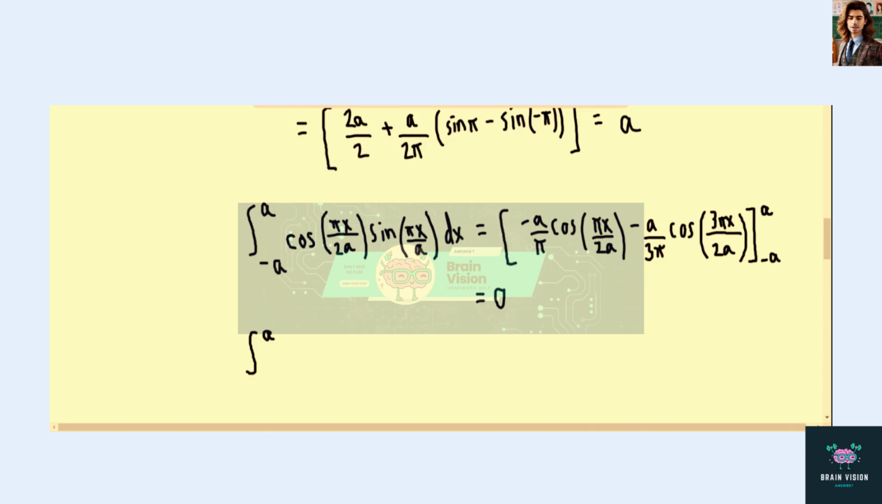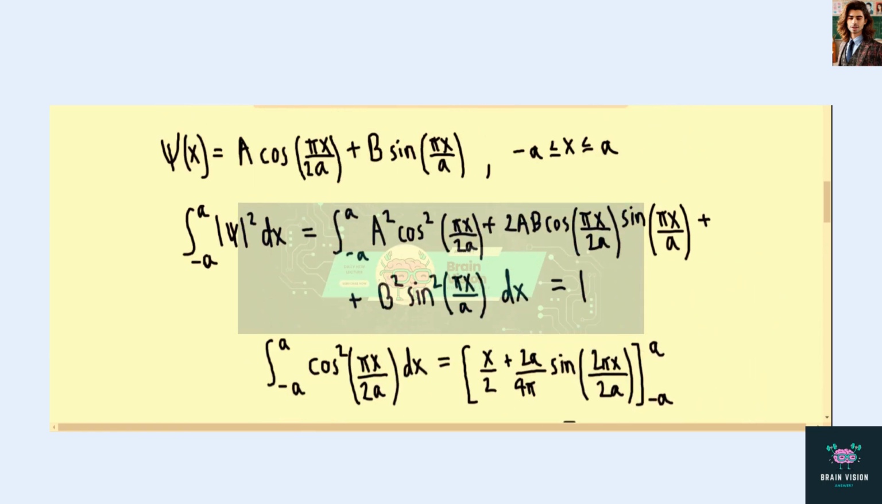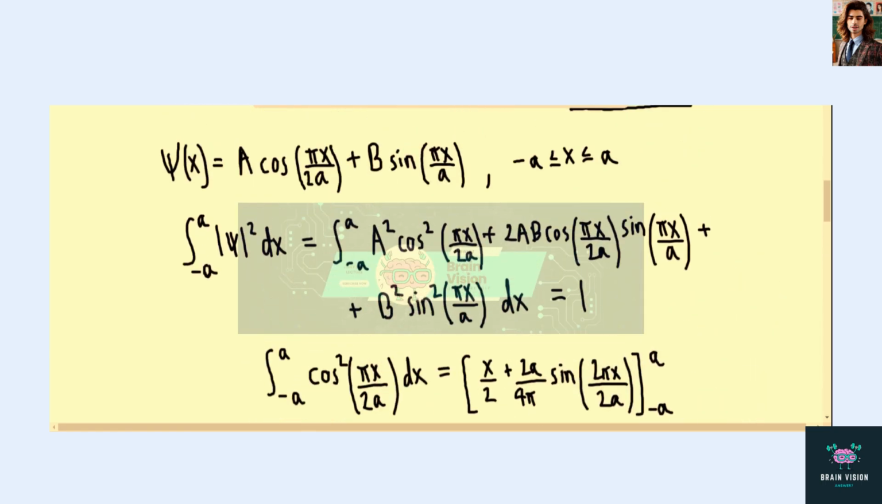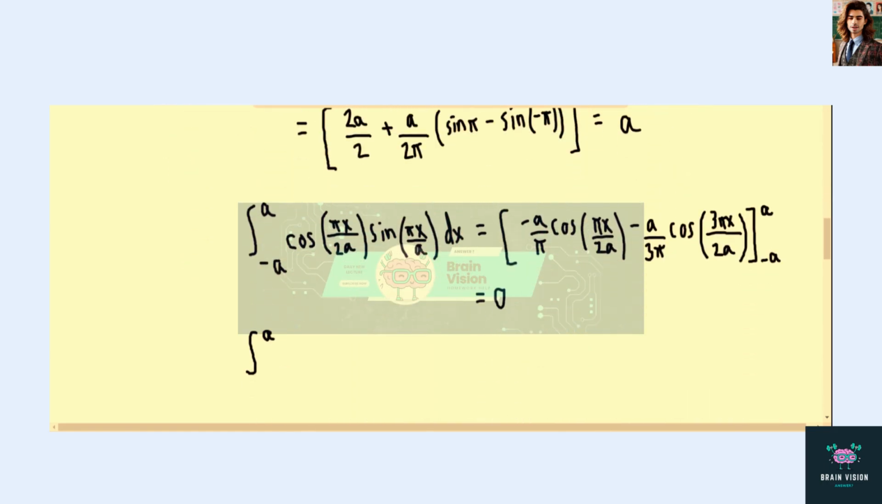You also will substitute minus a into that first cosine, and you get cosine of minus pi over 2, which is also 0. Then for the second cosine, you get cosine 3 pi over 2 for a, and then for minus a, you get cosine negative 3 pi over 2, and those are both 0. So therefore, you get 0 for the second integral. Now we come to the third integral, and that is the integral of sine squared pi x over a. So we take this integral,